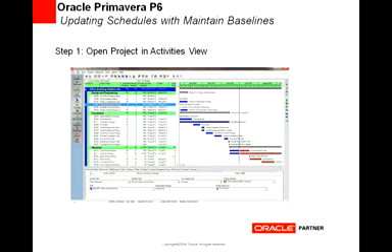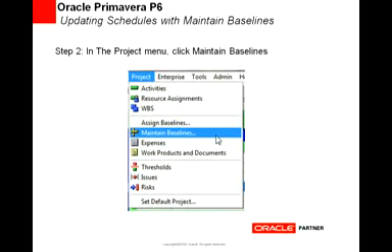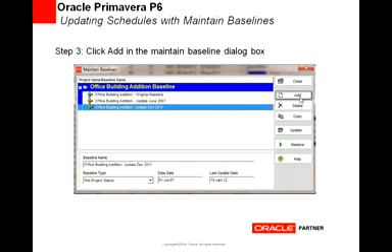So step 1 of this is to get into P6. I've got a professional screenshot shown here. Open up a project and get to the activities view. Next step, go to the projects menu and click maintain baselines. As soon as you click this, the maintain baseline dialog box will appear, and this is where you're going to